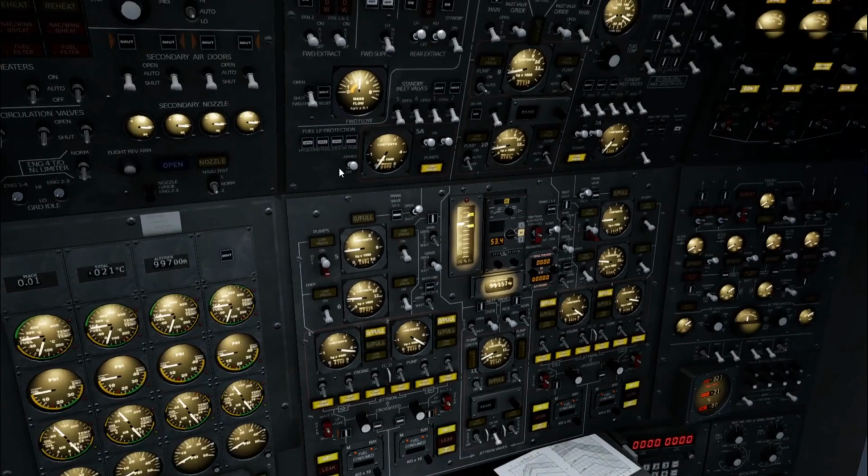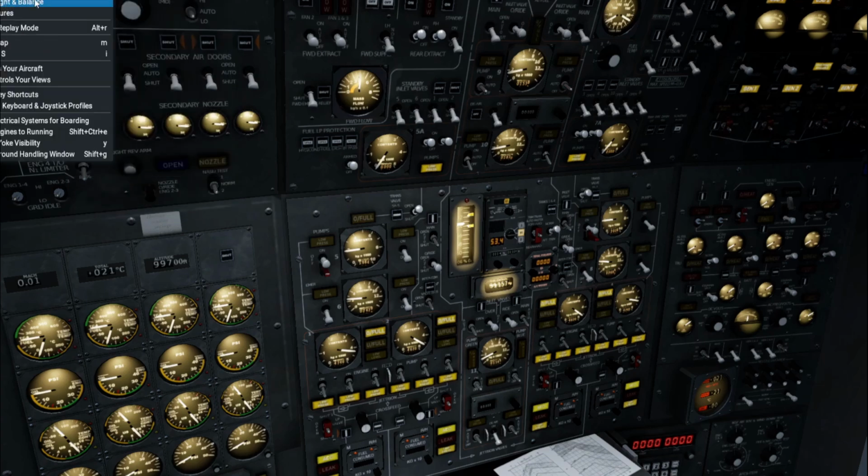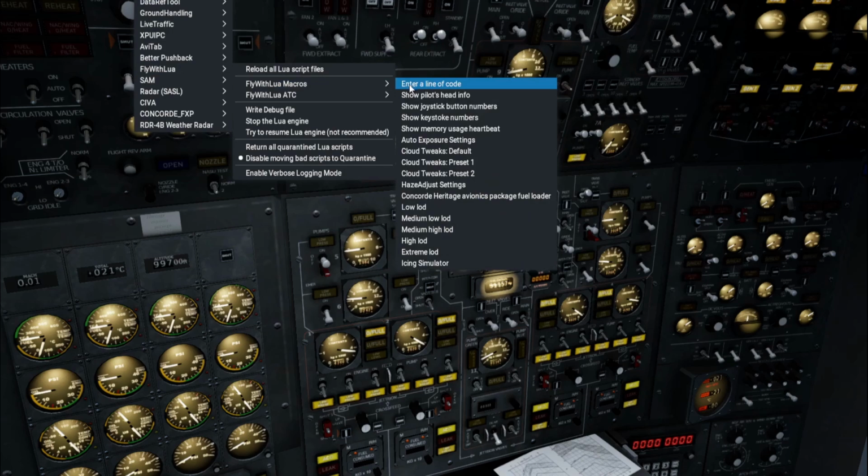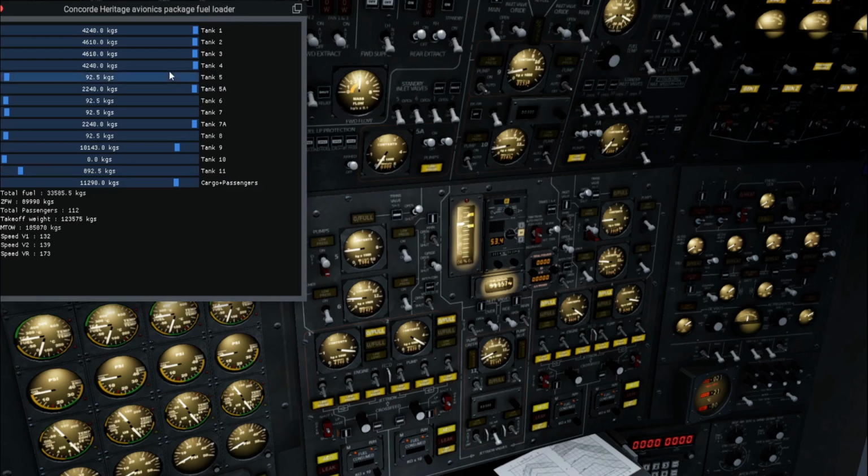This is a basic loading of X-Plane. If you want another loading of fuel, I highly recommend simple steps. Go to edit weight and balance before flight. Enter only the fuel, which will consist of these 4 main tanks, and the others should be 0. There is a Heritage avionics fuel loader in the premium version only. You can see the plugins, fly with Lua macros, Concorde Heritage avionics package and fuel loader, and you can set desired fuel to these tanks. If I hit export to explain,